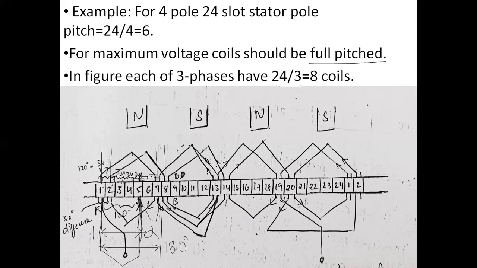When connected properly, the coils 1, 7, 13, 19 will add directly in phase. Okay, so the coils 1, 7, 13, 19 like this will be in series. They will be added directly in the phase. Hence, we get 4 coils in this phase. The other 4 are selected as 2, 8, 14 and 20.